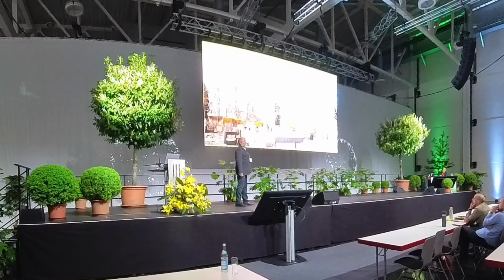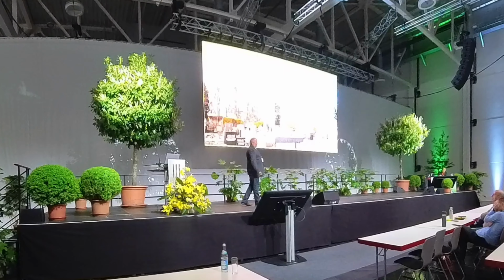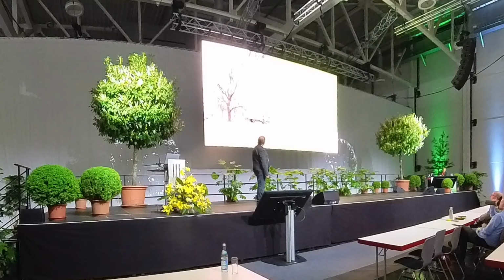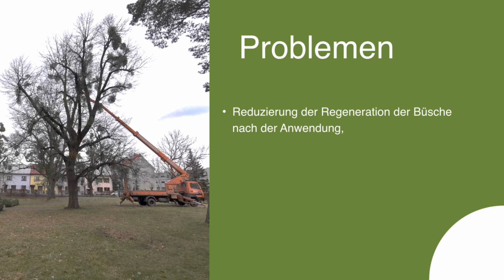Start solving this problem when it's not yet a catastrophe. Because obviously if we then speak about hectares of mistletoe, which unfortunately is sometimes true in parts of our country, and it spreads outside of the cities, outside of the parks, we have parks really destroyed by mistletoe because the old trees are just gone. And then, of course, the pressure of the plant, of the shrub, is so high that more or less no solution is possible. So, as I told you before, we have a few problems with this approach.